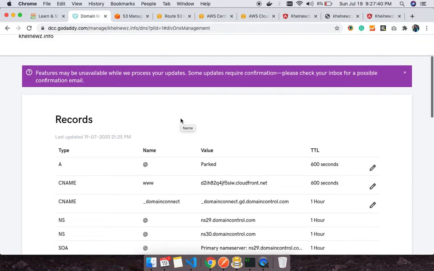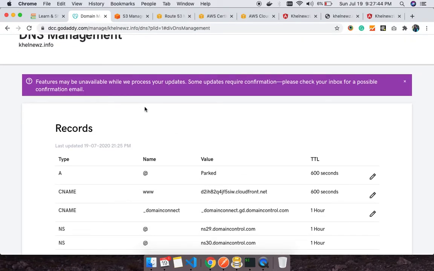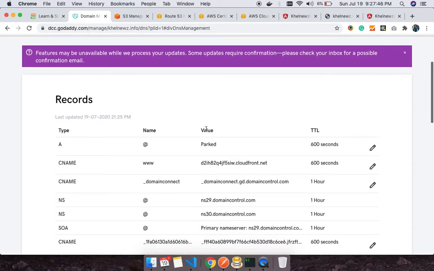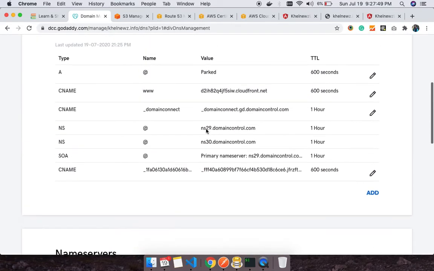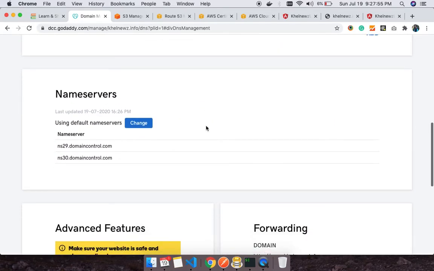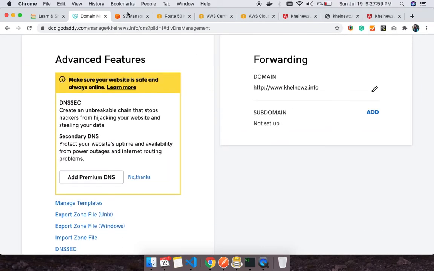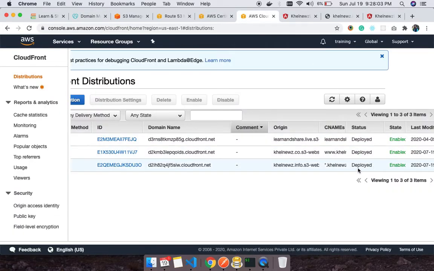There is a warning here for security reasons, but for now I'm going to ignore that. Okay, that's it. As you can see, the status is now deployed.